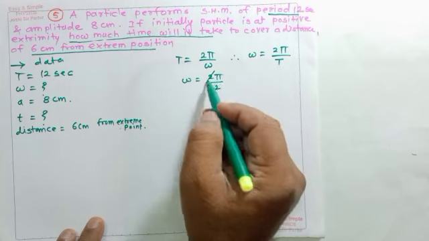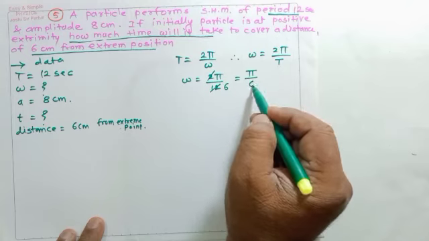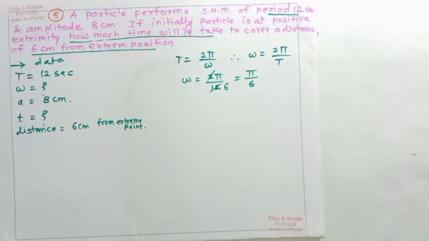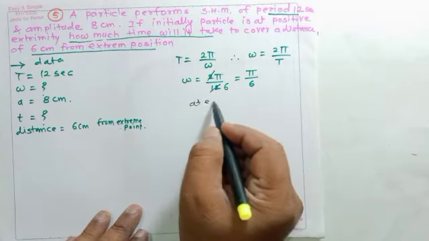So it will be pi upon 6. So first we know the value of omega, pi upon 6. So here, from extreme means at extreme point,